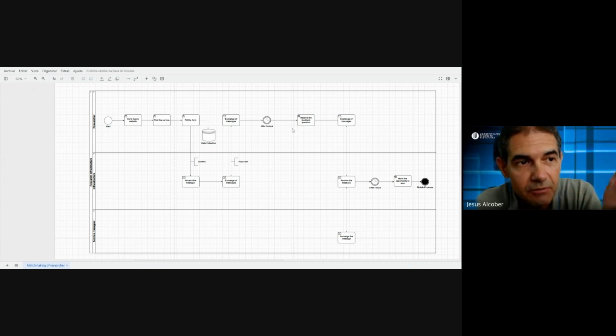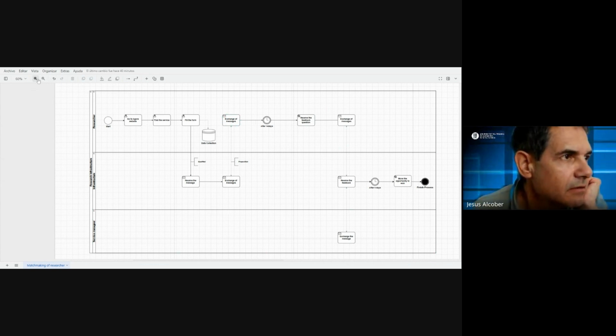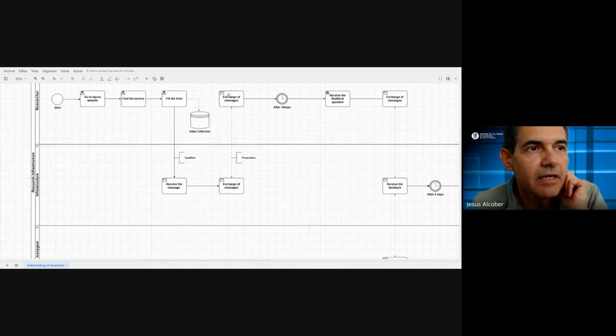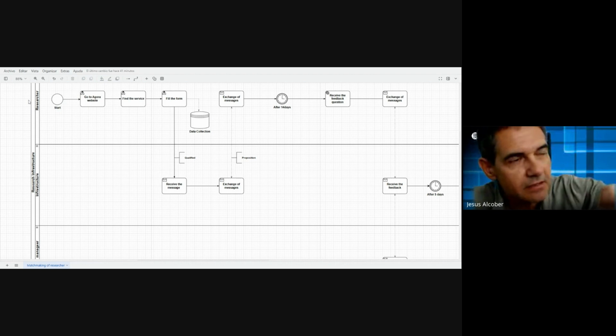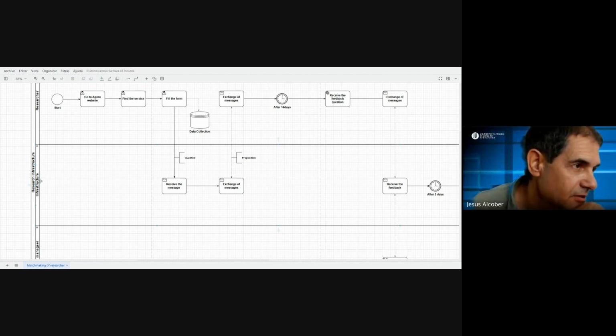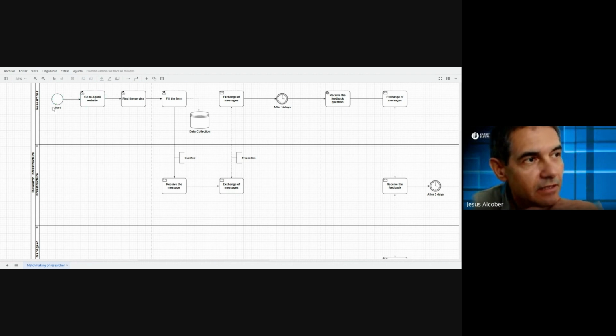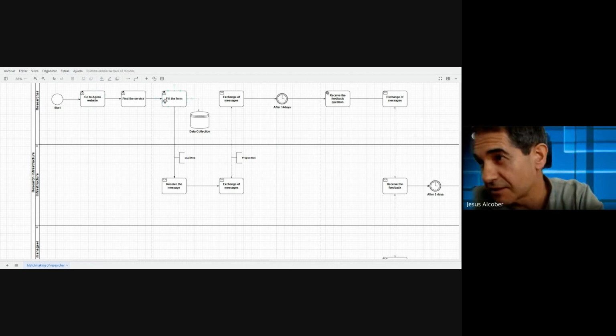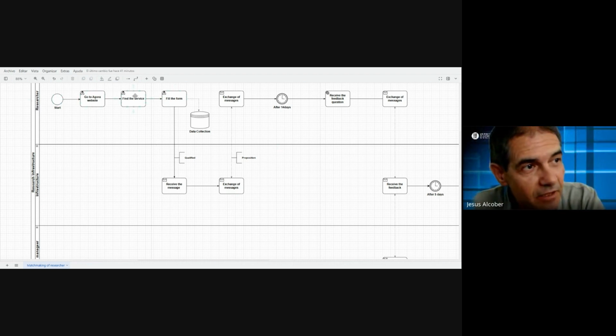one of the possibilities is that, for example, there's an exchange of messages. I don't know if you can see it or if I should zoom in more. The exchange of messages, because at the end, we have different swim lanes here. This is the BPMN approach. We have the researcher and we have the manager, and in this case, the infrastructure contact. And the researcher fills the form, and then there is an exchange of